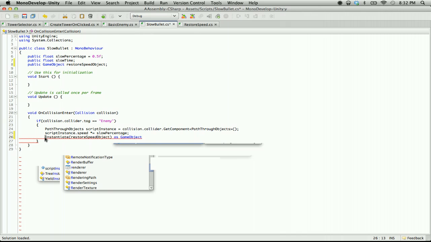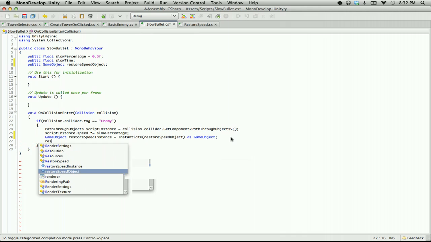And we're going to actually say restore speed instance equals, and this is a game object. And then restore speed instance, we're going to actually